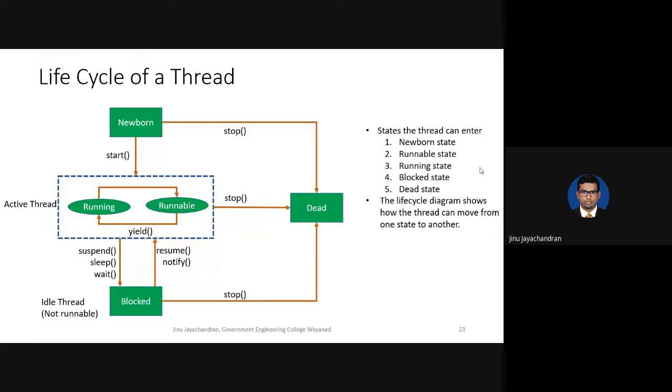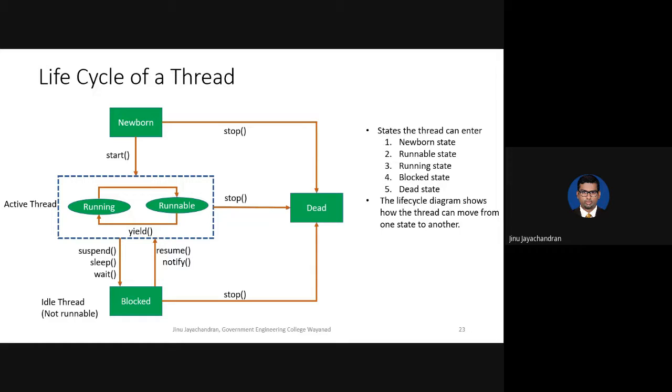So a thread in Java also has a life cycle. At some point when the program is running, the thread will start. It will start running. At some point of time, it might stop or it might get blocked, or we can say it will suspend temporarily. It will resume again. It will start running again, and once it finishes the task that it wants to do, it will stop and become dead. That is the normal life cycle of a thread.